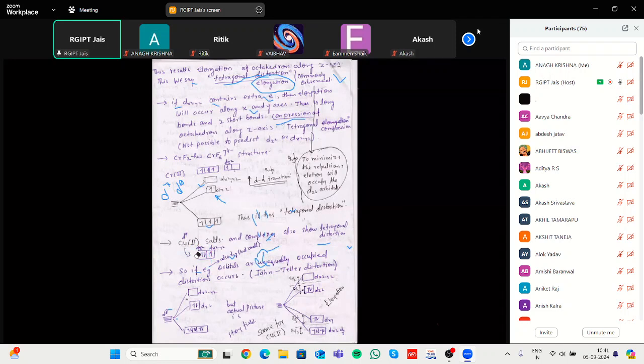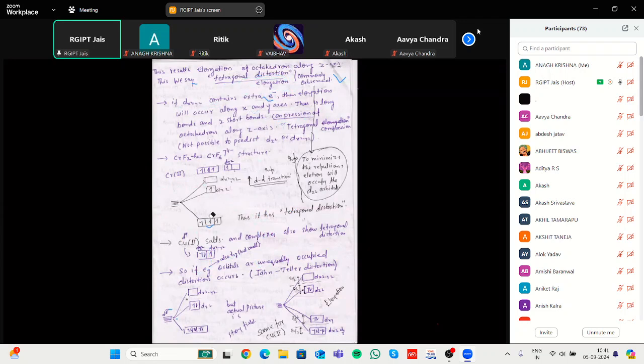In case of copper it is d9, and in case of cobalt it is d7. That's why this tetragonal distortion is found in two complexes majorly, one in case of d7 and the other d9. D7 is the case of cobalt and d9 is the complex of copper, and these complexes have a higher Jahn-Teller effect, or we can say this elongation can occur in the complex, which gives stability to the complex.